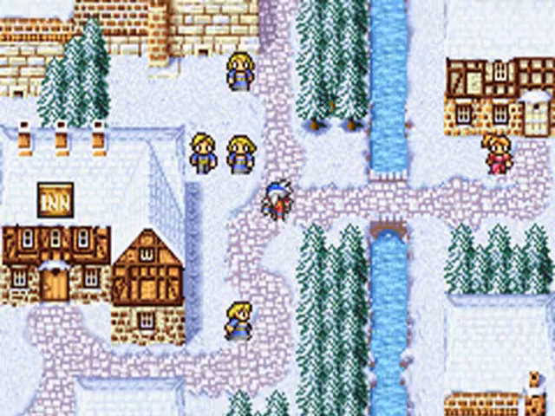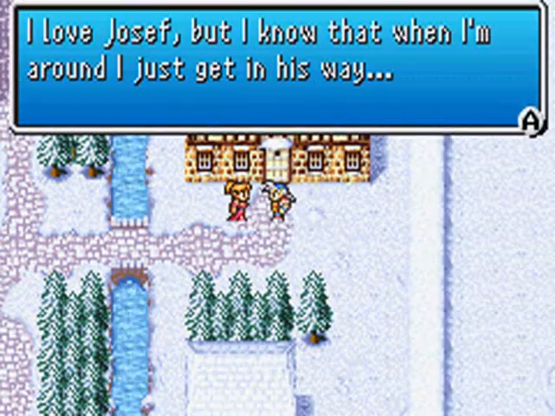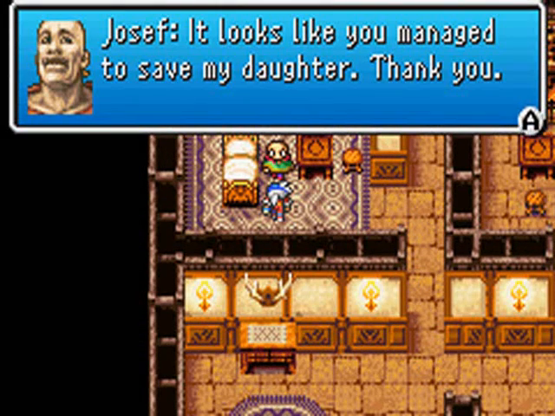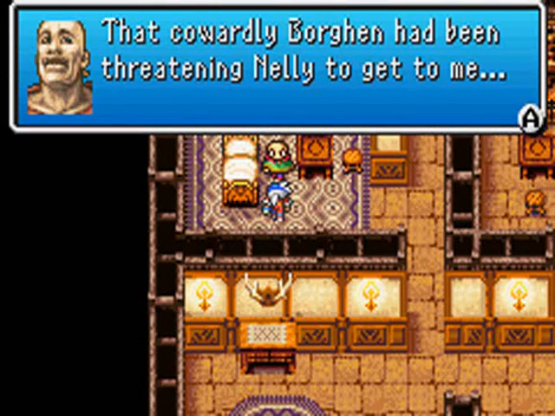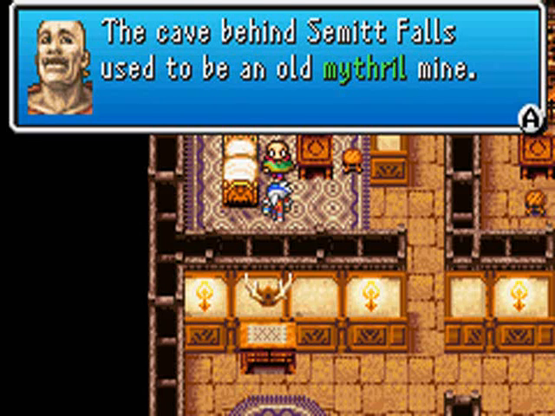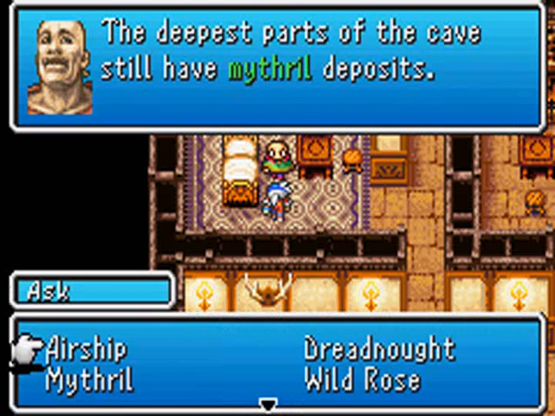Okay, apparently they already know that I got the Mythril. I don't know how word spread of that so quickly. There were no witnesses to me obtaining Mythril, but whatever. Anyway, yeah, Joseph was being threatened, though honestly, he seemed reasonable for a guy who was being blackmailed, and he